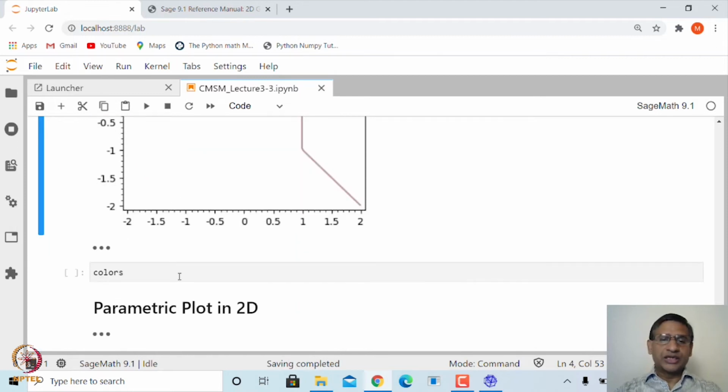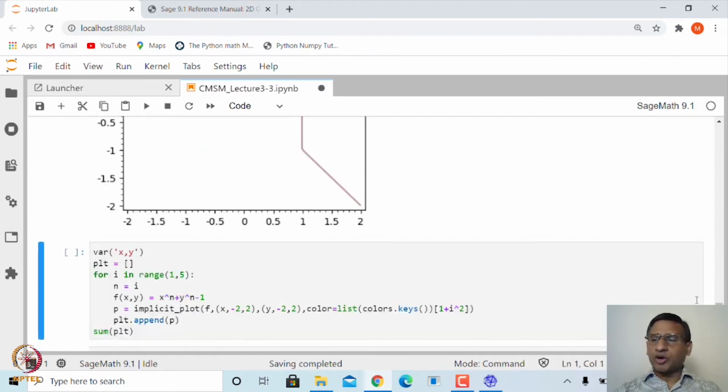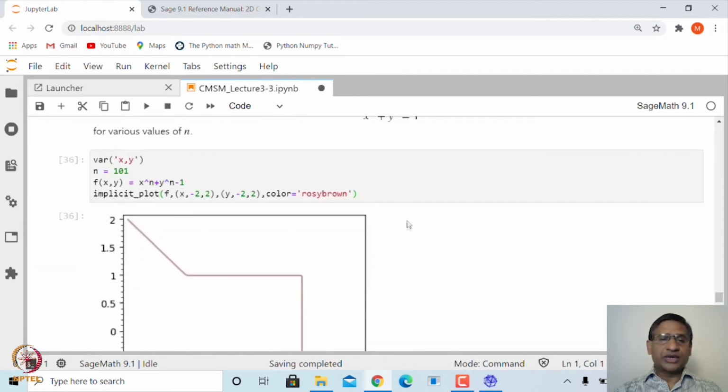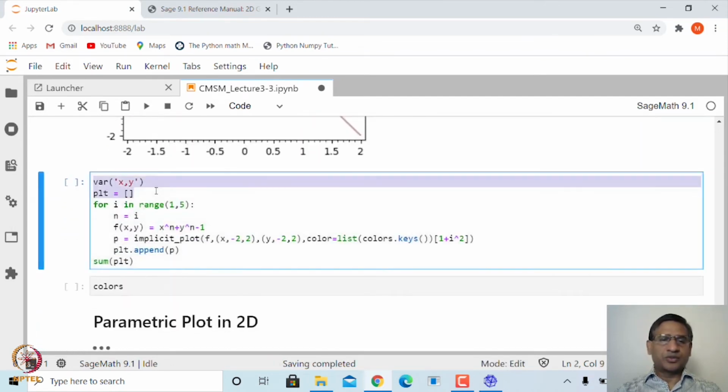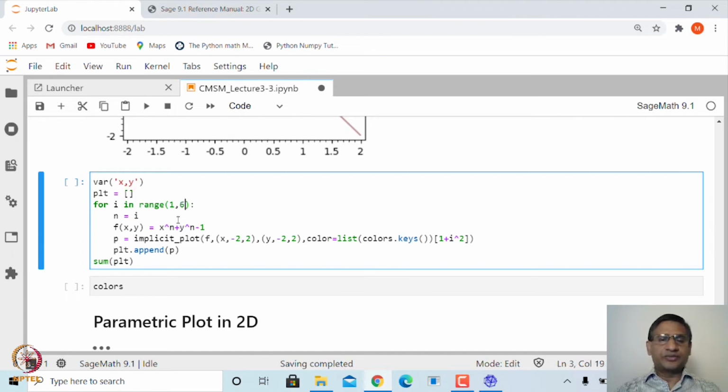So, suppose we want to plot, for example, the graph of this for n equal to 1 to 5, all together. We can use a simple for loop. We can again define the variables x and y, and let me create an empty list, and inside this list we will keep on adding the plot for n equal to 1, n equal to 2, n equal to 3 up to n equal to 5. So, for i in range 1 to 6, let us say i equal to n, f of x is defined like this, and then